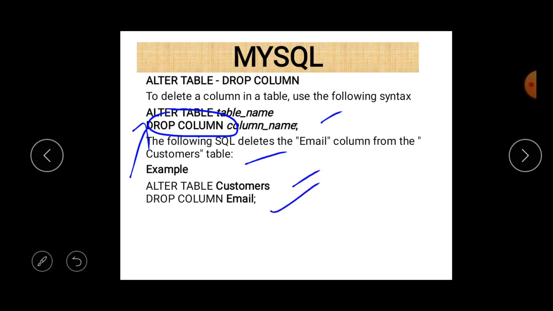If you want to delete that email column, we write alter table customers drop column email. So email will be deleted from the customers table after the execution of that statement.